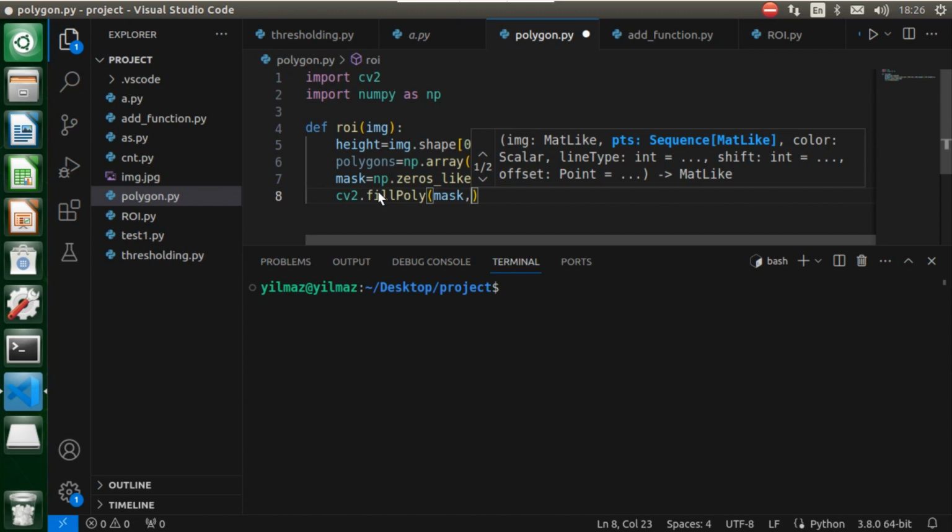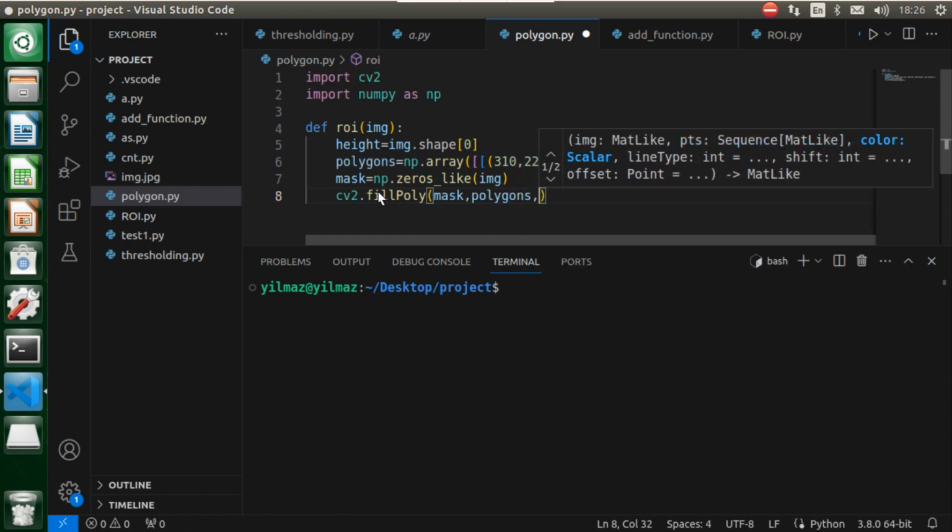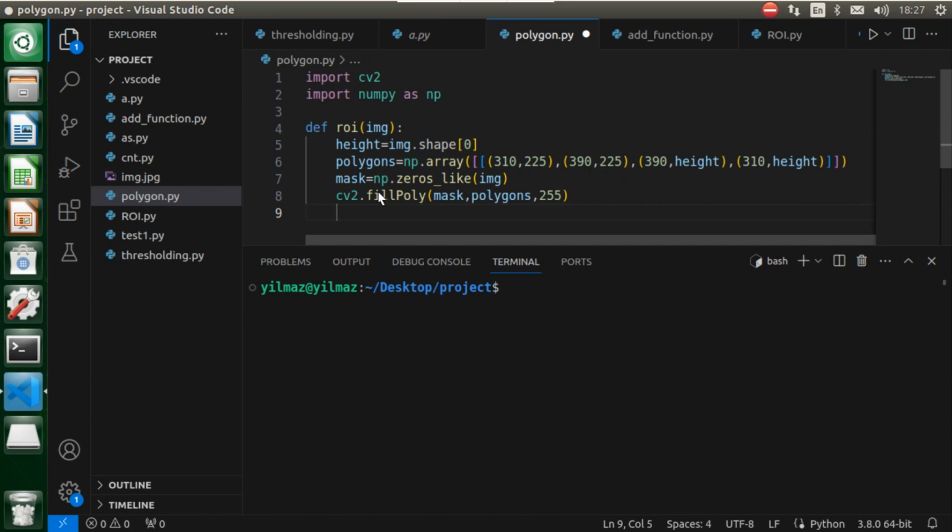We need to define this as polygons and also put a comma again. Our third and last parameter is the color with which the polygon will be filled. This can be a triple tuple of integers in BGR, which are blue, green and red format, or a single integer for a grayscale image. Since we will be doing a binary operation, let's define it as 255. And let's move to a new line.